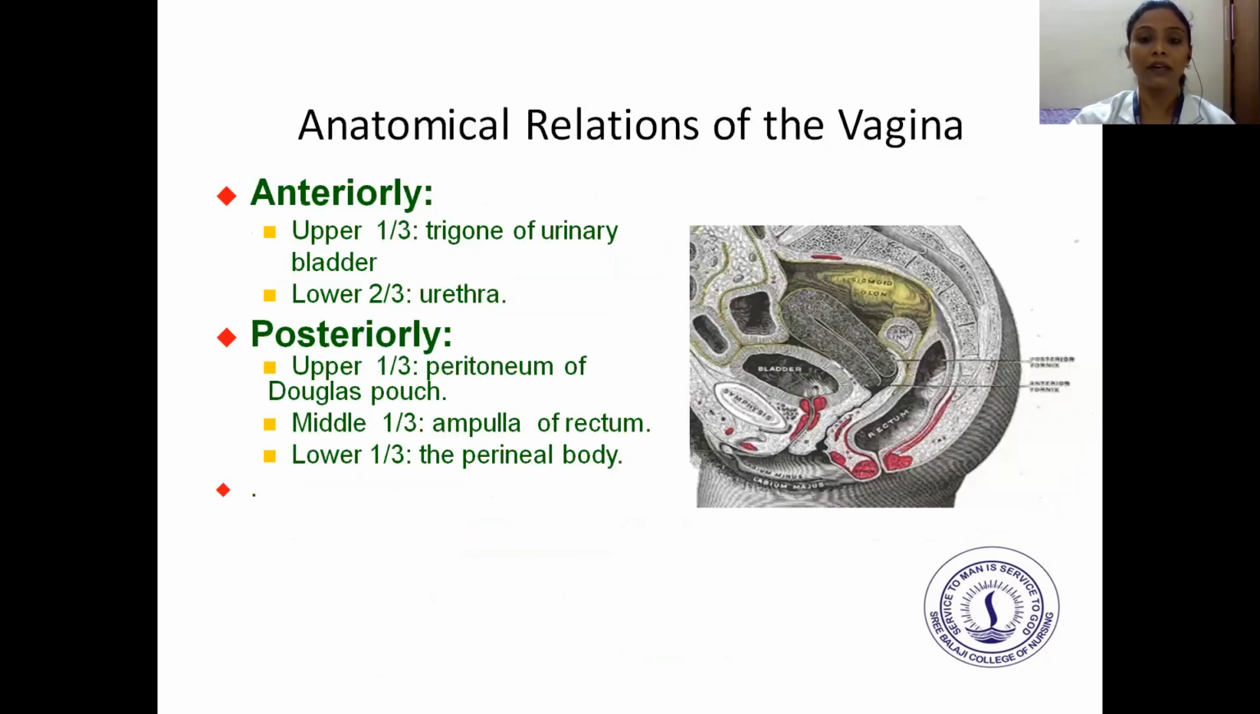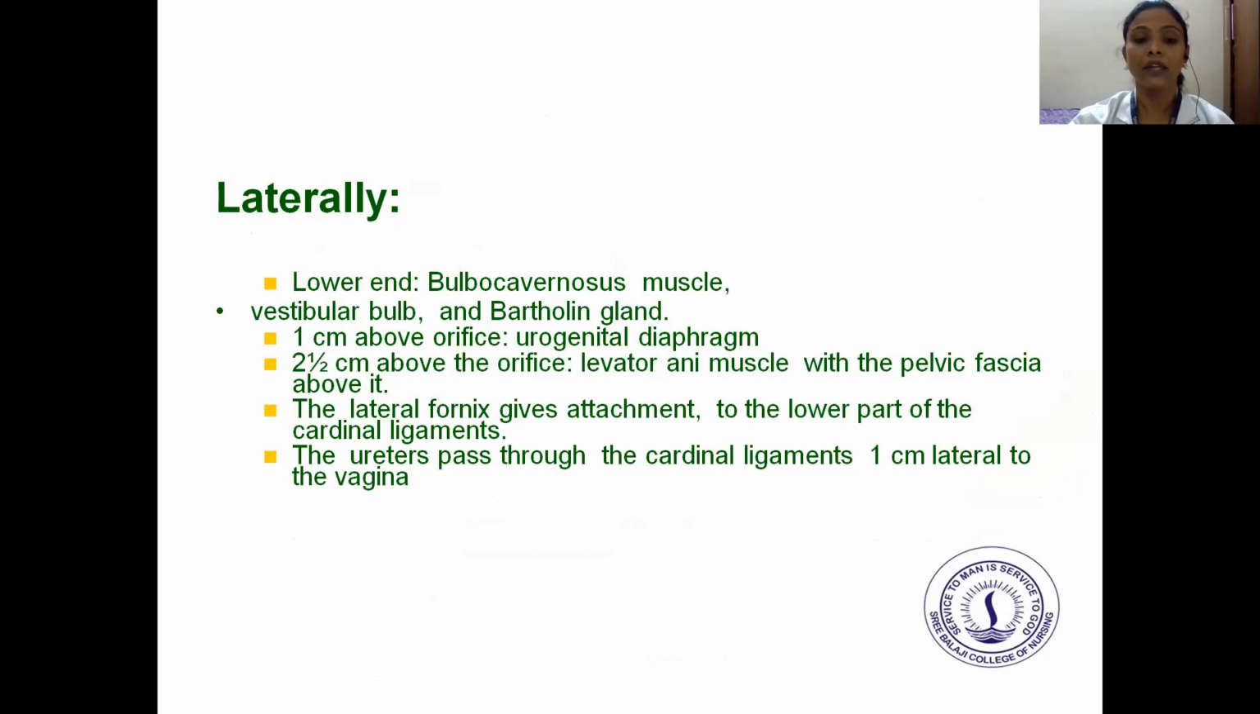Next is the anatomical relations of the vagina. Anteriorly, the vagina has the upper one third of the trigone of the urinary bladder and the lower two thirds of the ureter. Posteriorly, it has the upper one third of the peritoneum of the pouch of Douglas, the middle one third of the ampulla of the rectum, and the lower one third of the perineal body. Laterally, the lower end of the bulbocavernosus muscle, that is the vestibular bulb, and the